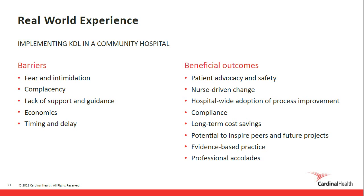There will be a long-term cost savings in relationship to reduced HAI, reduced length of stay, reduced readmission, and improved patient flow. You have the potential to inspire peers and future projects. You will be adhering to evidence-based practices. And finally, professional accolades. I put this last because I don't believe that it should be the driving force for change. However, I don't want to undermine how incredibly special and humbling it is to be a part of